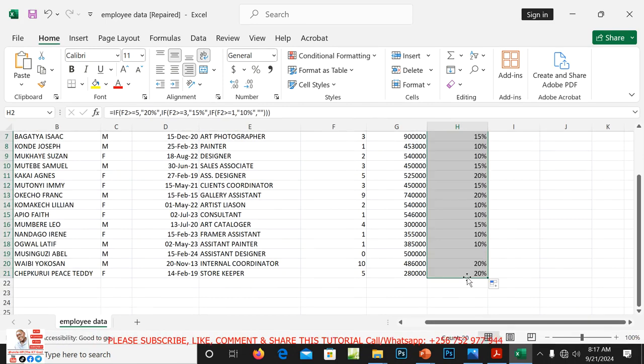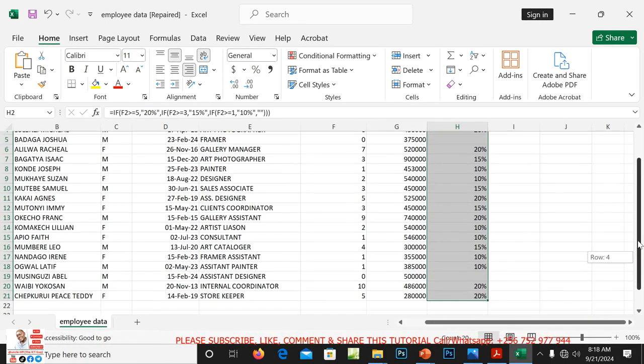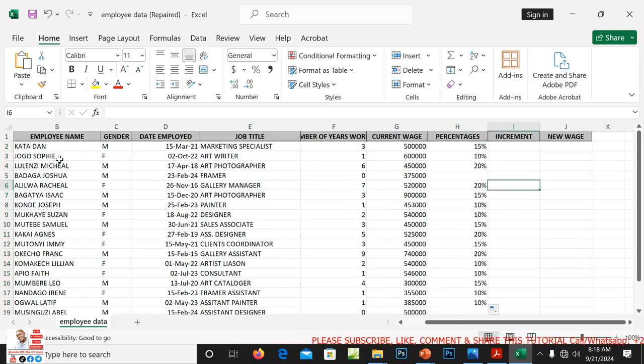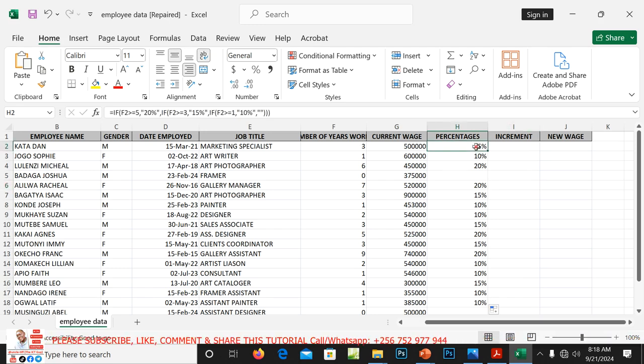All right, so these are the percentages for each employee vis-a-vis the number of years that they've worked. You can see Katadan has worked for more than 5 years. Yes, this formula, if F2 is greater or equal to 5, means if an employee has worked 5 years or more, that person gets 20%.